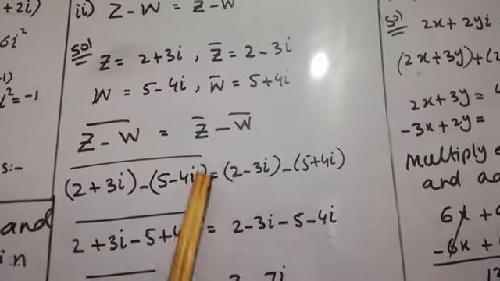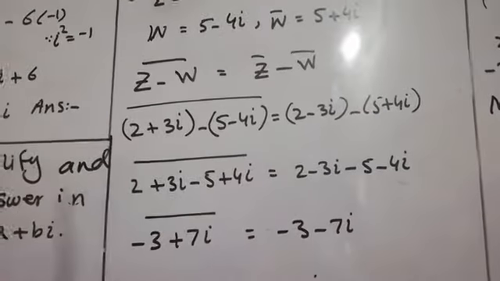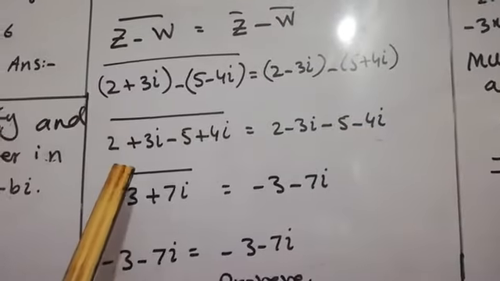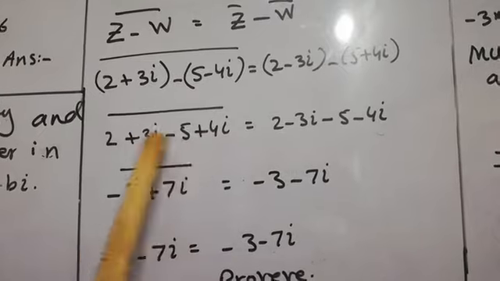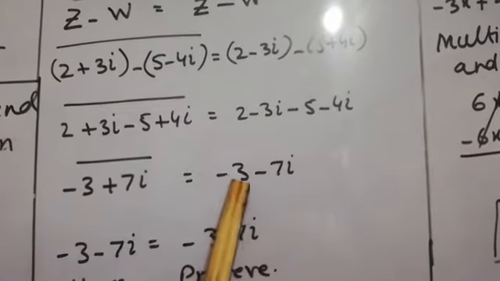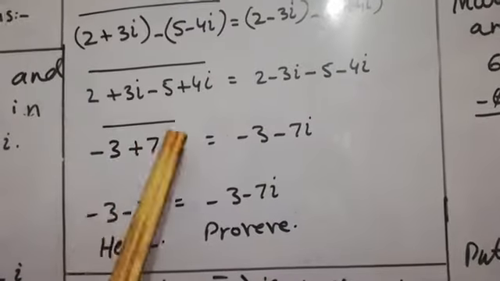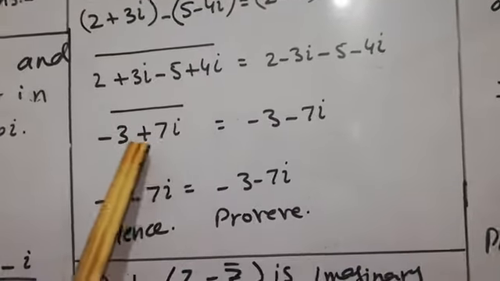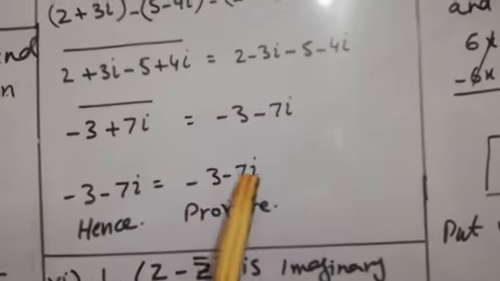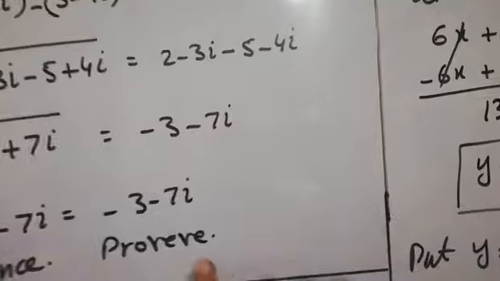Now we will put the values and we will write the conjugate on the left hand side. And dear students, when we remove the bracket, their sign will change. You know that rule. And here also. So by combining these values, 2 minus 5 equals minus 3, 3 iota plus 4 iota is 7 iota, which is equal to 2 minus 5 is minus 3, minus 3 iota minus 4 iota is minus 7 iota. Now we will remove this conjugate sign, means we will take the conjugate. So we will write minus 3 minus 7 iota equals minus 3 minus 7 iota, and both values are equal, so we can say that we have proved. Hence we have proved.